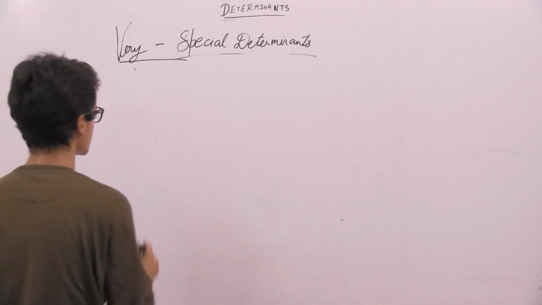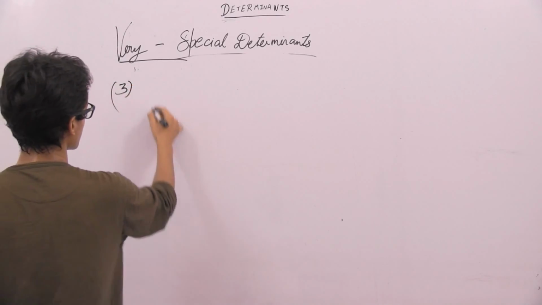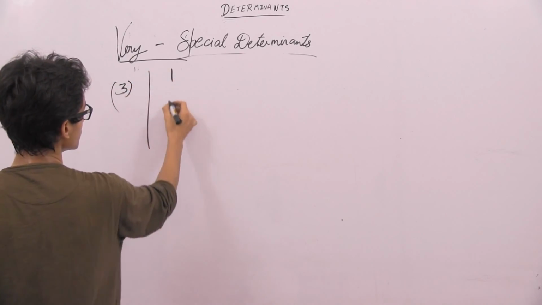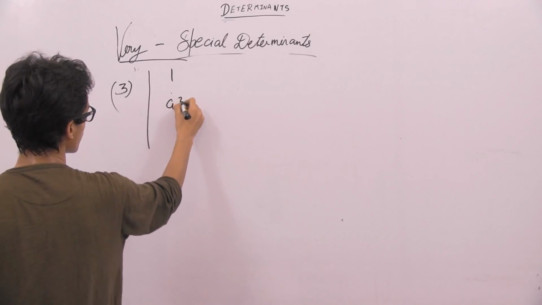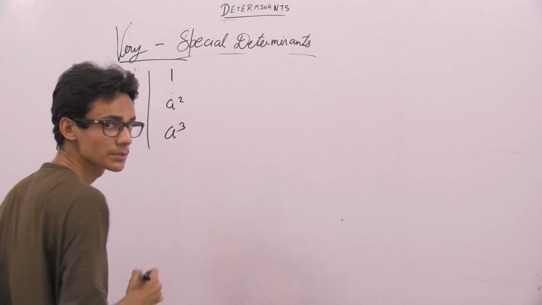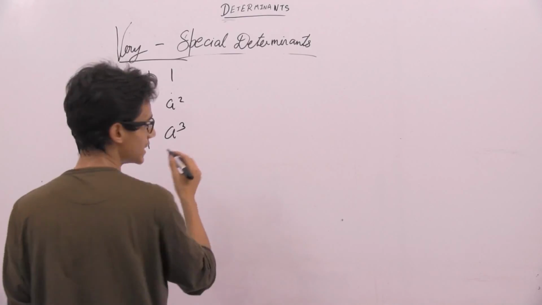So what does the third special determinant say? It says whenever we see a determinant of the form 1, some value, its square, and then some value cubed in all the rows,